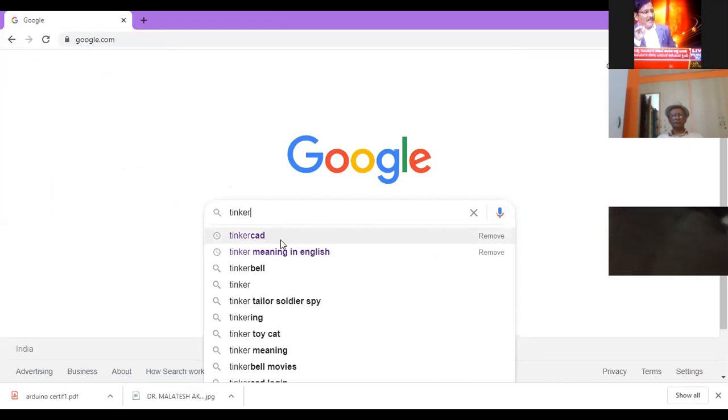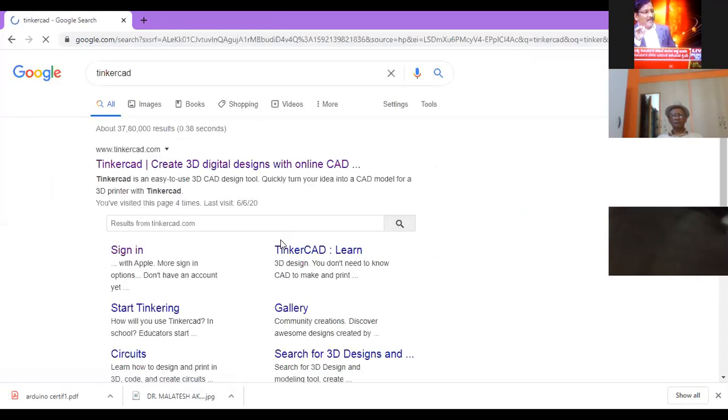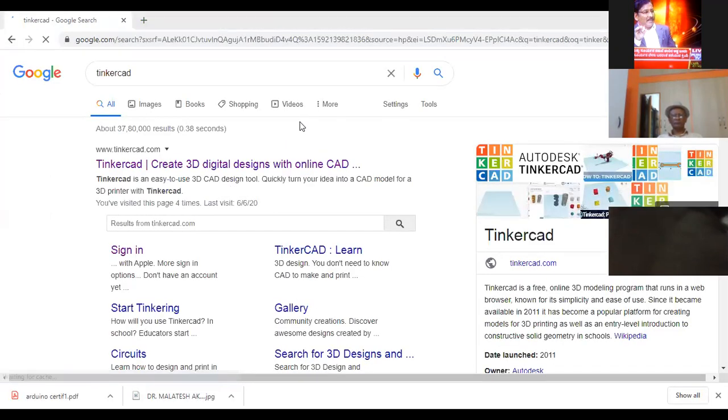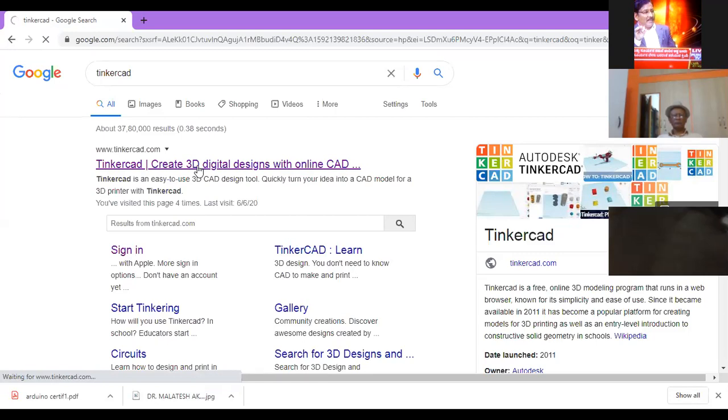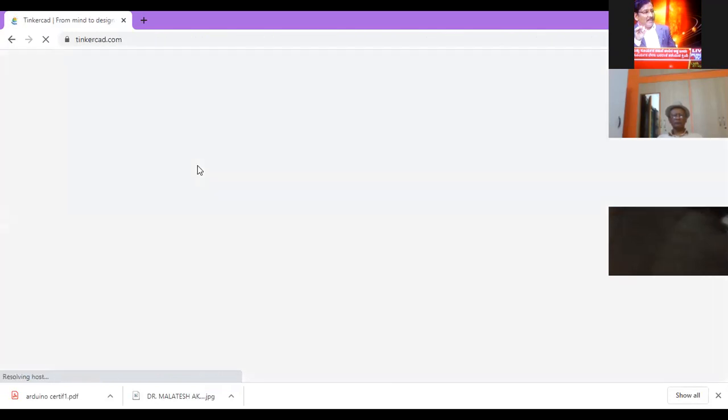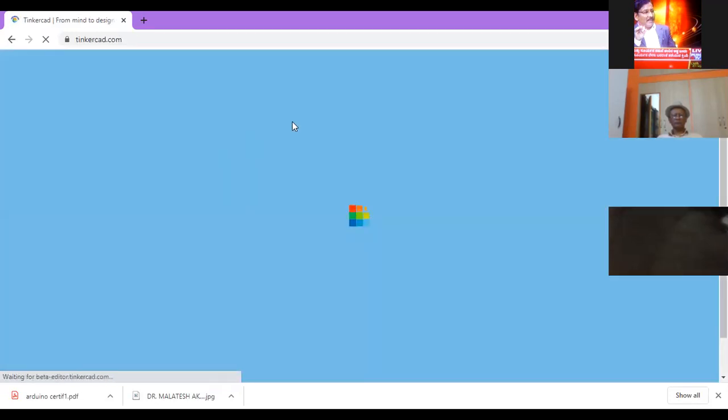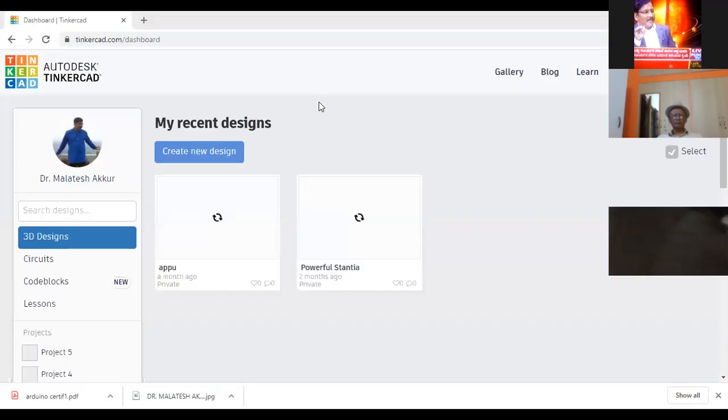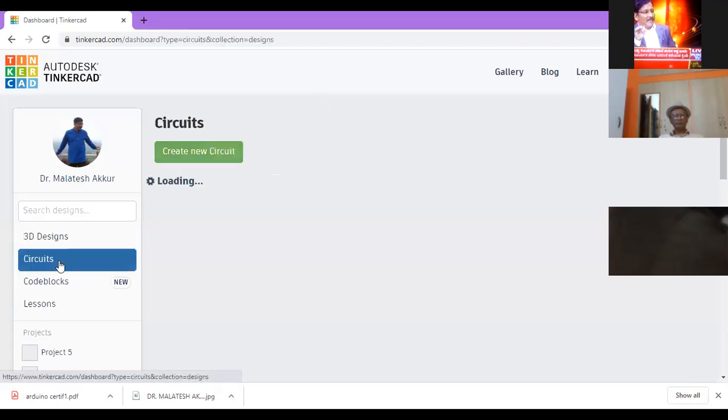Just you type the Tinkercad. Go to the circuits.